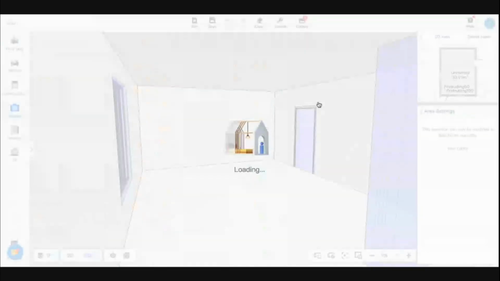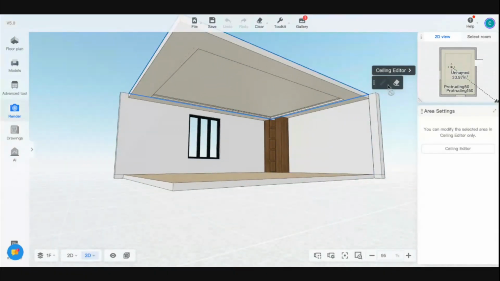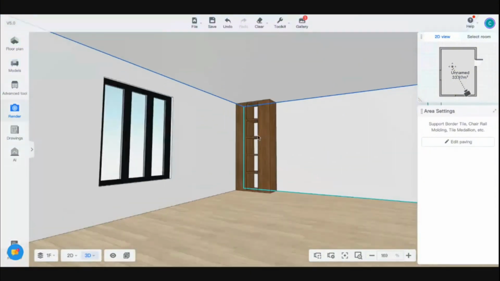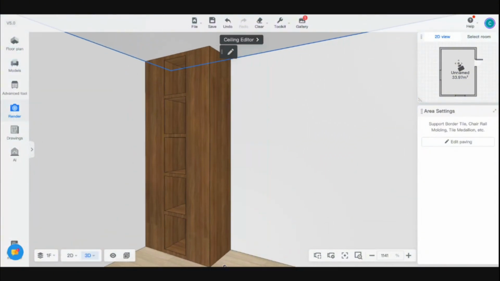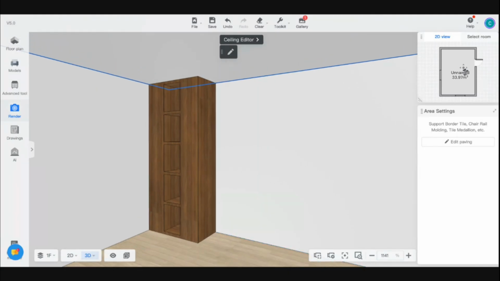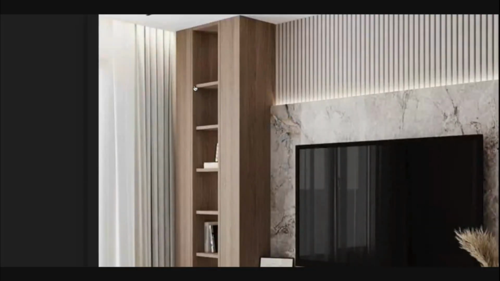So let me go to the project first. You can see. Oh, the ceiling editor. Let me delete it first. Like this one. These left sections for the design here. If you want to change also, for example, we can see the gap between this one. So it means you need to